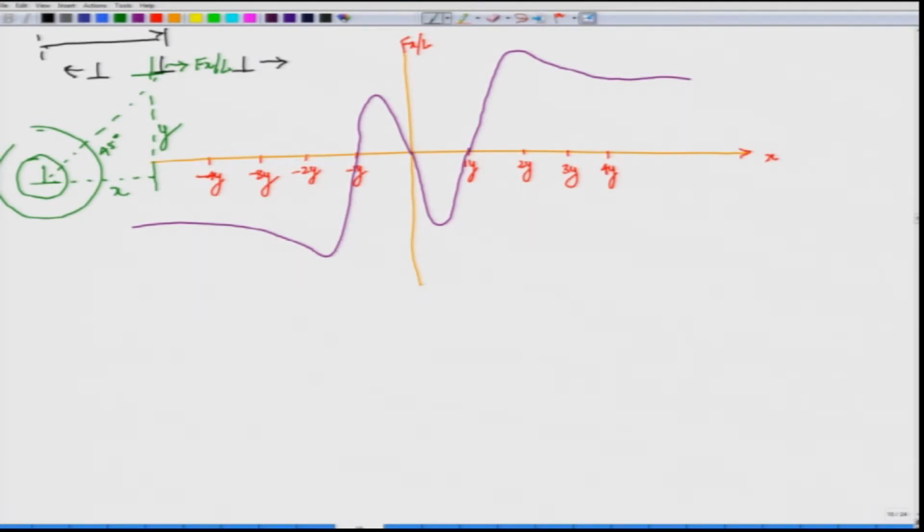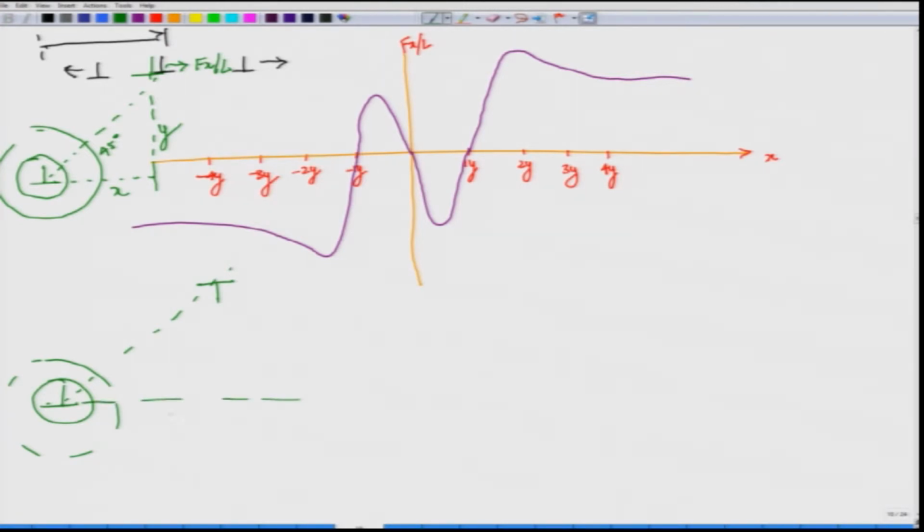The other configuration is something like this. Let us say we have the dislocation, this one which is creating stress, like this, and there is a stress field because of this, and the other dislocation has a minus Burgers vector, and therefore, it is in the opposite direction, opposite sign, like this.